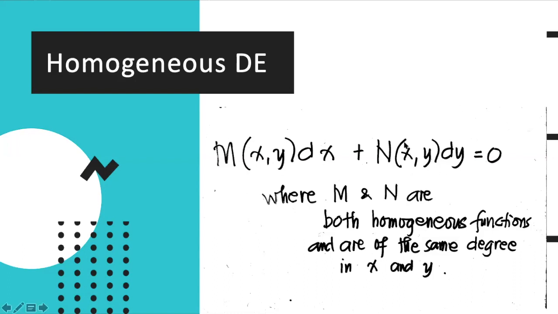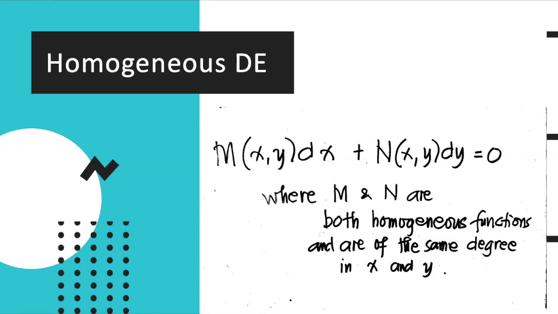The same with N here. So this is actually a homogeneous differential equation. It should satisfy the condition that these coefficients are homogeneous functions and of the same degree in x and y, because we have a theorem in your book, if you have read it, that says